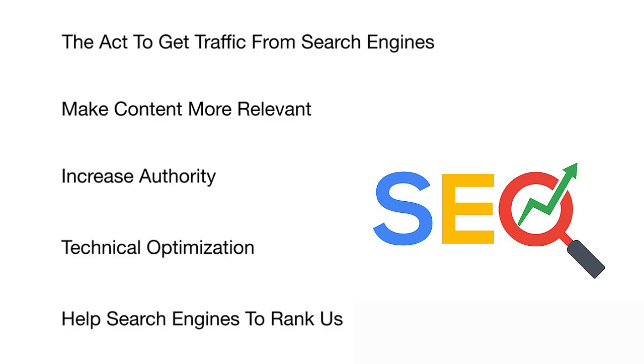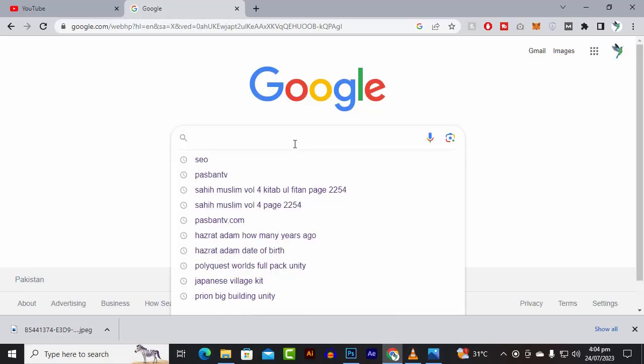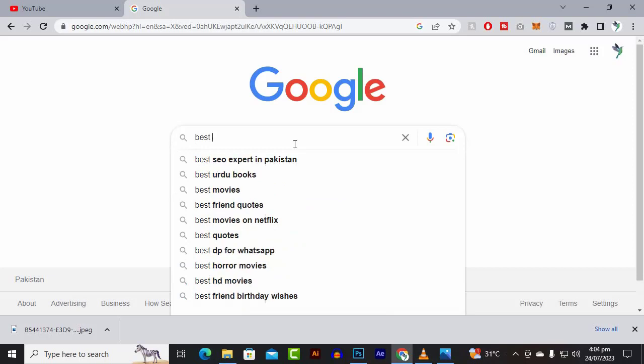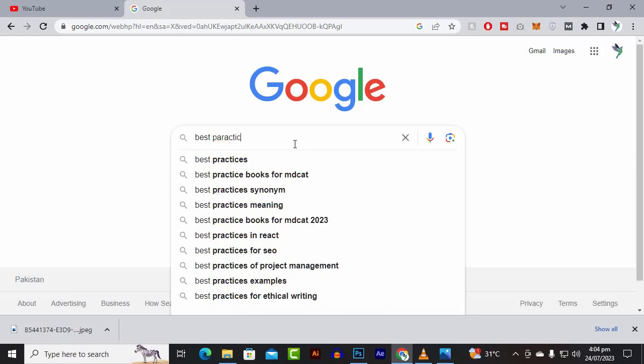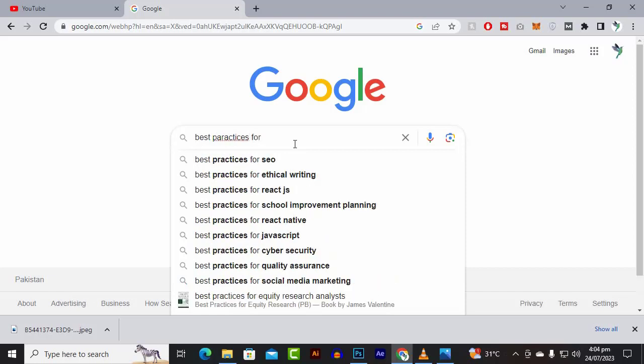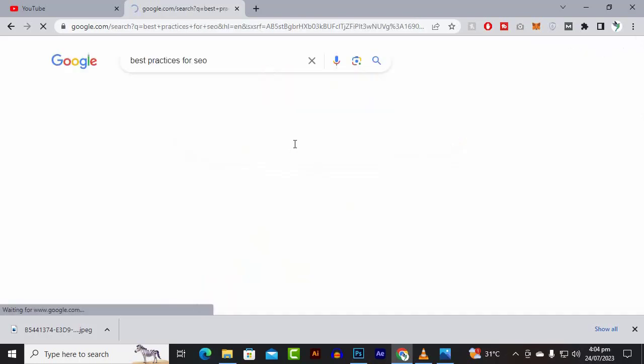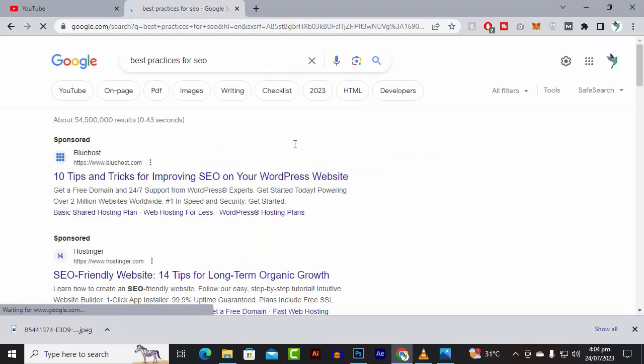For example, here we are on Google, and if we type something, let's search for example best practices for SEO.